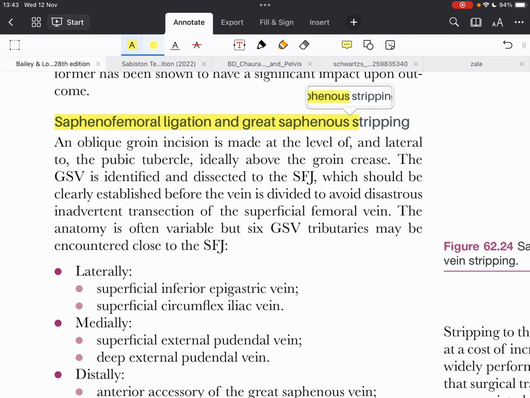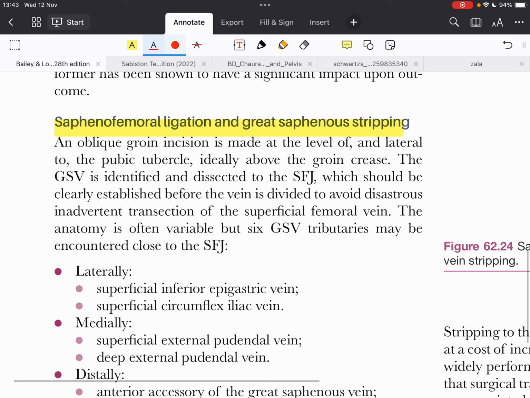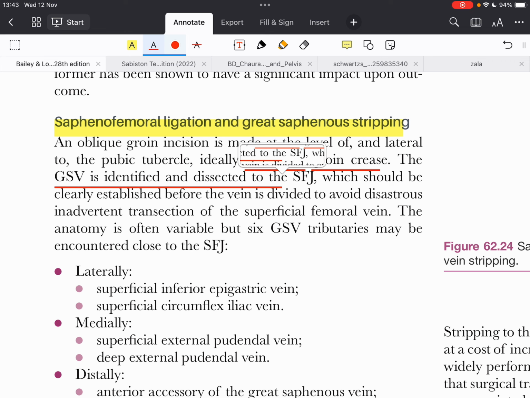Saphenofemoral ligation and great saphenous stripping. An oblique groin incision is made at the level of and lateral to the pubic tubercle, ideally above the groin crease. The GSV is identified and dissected to the SFJ,